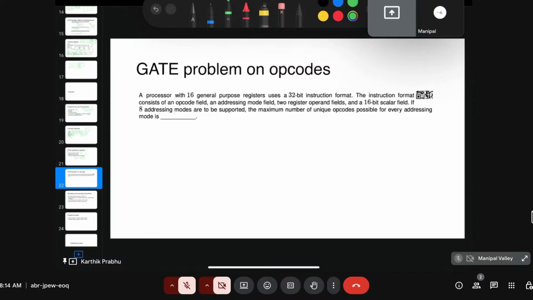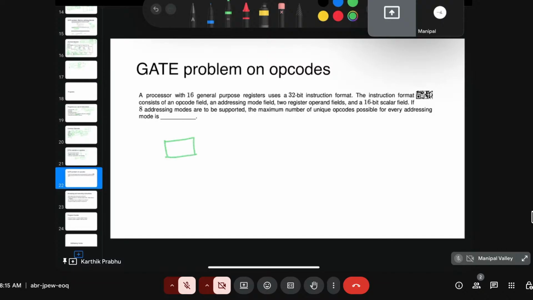First we'll try to solve this problem. A processor with 16 GPRs, general purpose registers, uses a 32-bit instruction format. The instruction format consists of an opcode field, an addressing mode field, two register operand fields, and a 16-bit scalar field. So what this means is our instruction needs to have